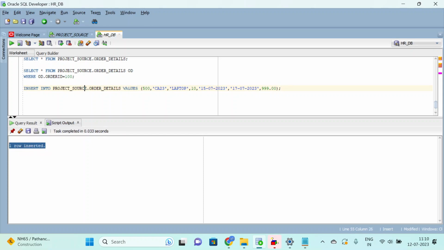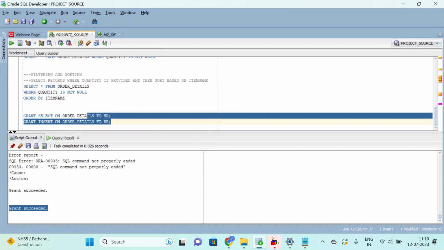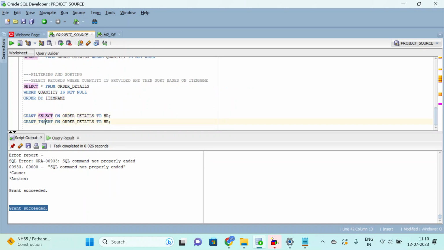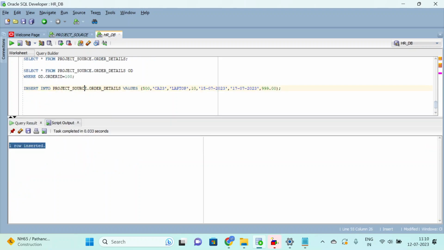I am able to insert a record into another database table also, but for that you need privilege, grant privilege. Okay, so if you want to select, you need to have select privilege. If you want to insert, you need to have insert privilege. If you want to update, update privilege; delete, delete privilege. Okay,